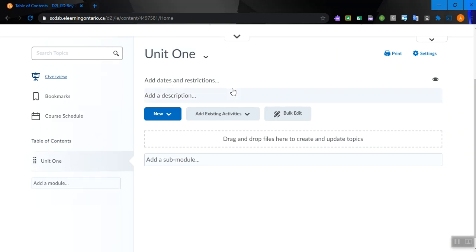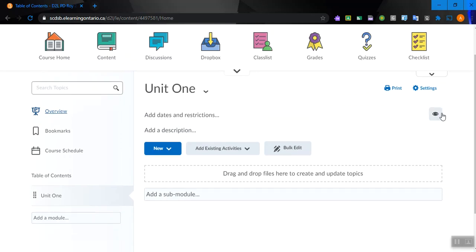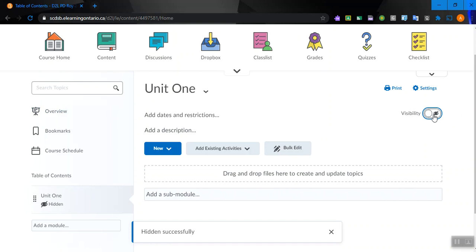section. If you are working on an entire unit and you don't want the kids to be able to see it, you have the eye over here. This eye is currently saying that it's visible, so that means the kids can see it. When you click it, you have a visibility option, and now you have the eye with the strike through. It means it's hidden, and it also says that Unit 1 is hidden there. So giving you the option to hide it, unhide it,